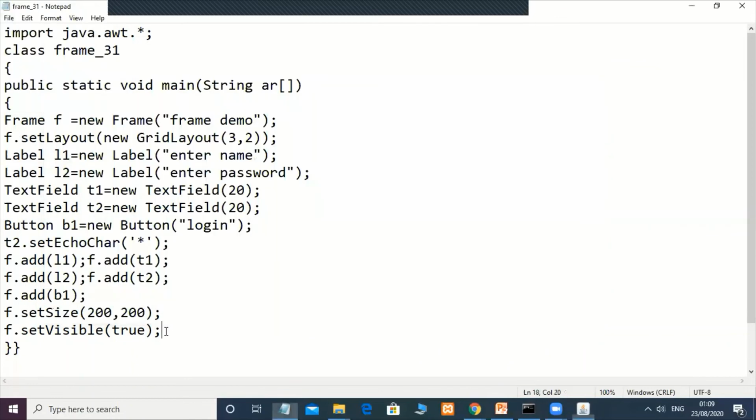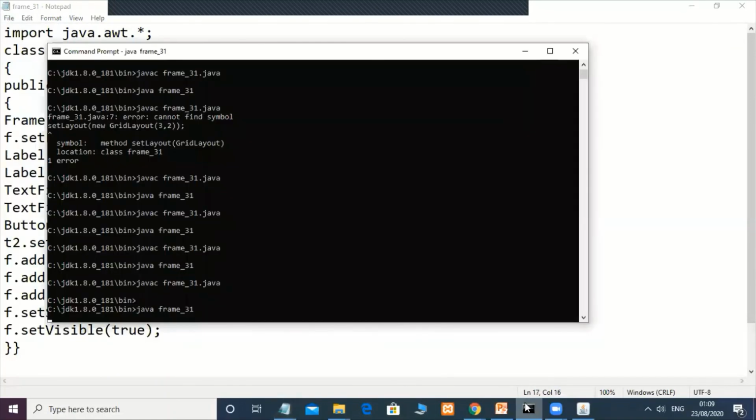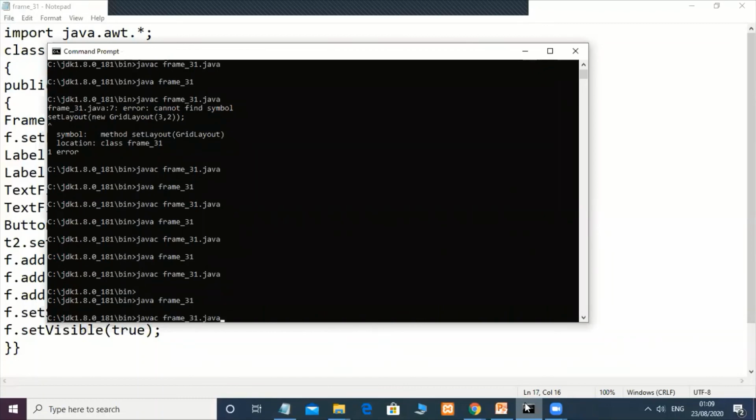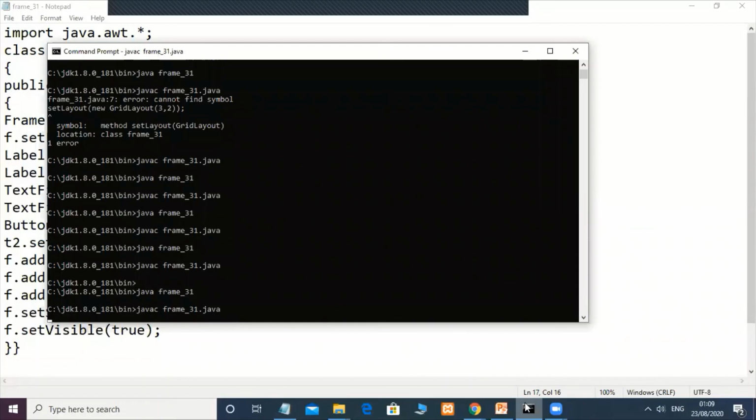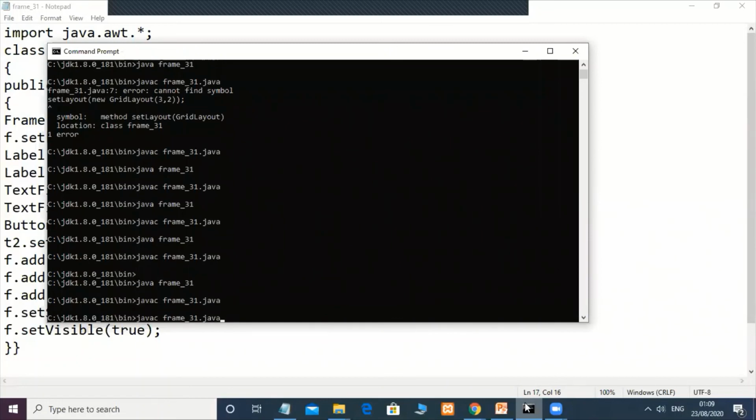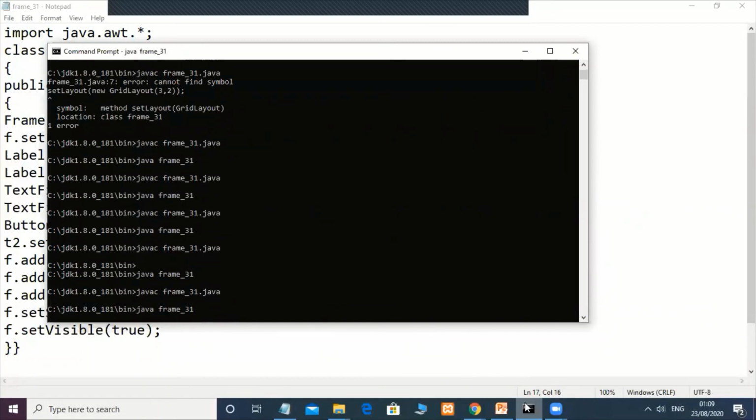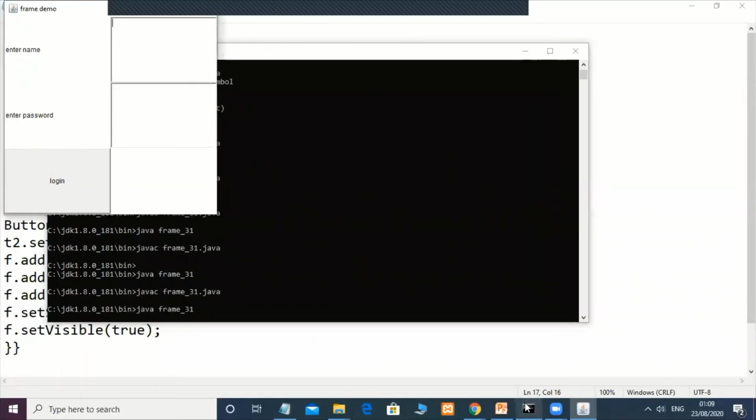And if you increase it to 400 by 400, you will get a big size window here. In any way you can write the program, by extending the frame class or by creating a frame object. Okay, see, we got a big size window here.